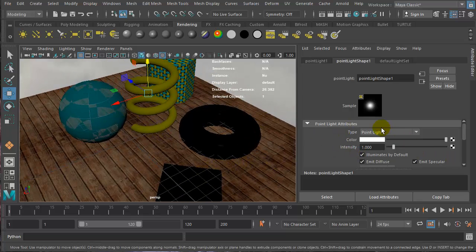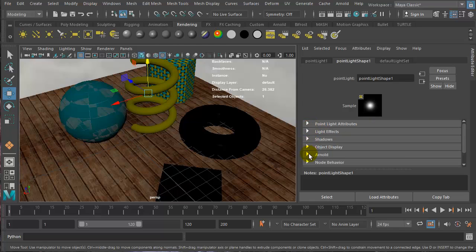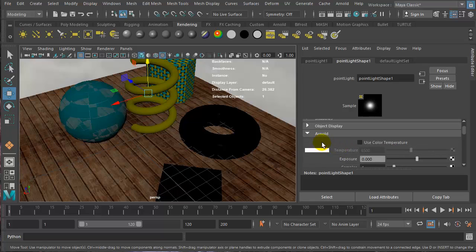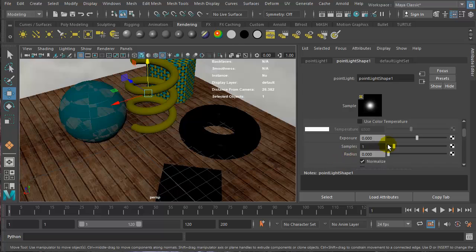So you can see here, instead of intensity, for the Arnold renderer, we make sure to click on this Arnold tab. And this is very important for Arnold because it's a physics-based renderer and it makes everything a little bit more detailed. So we have this exposure as well. The exposure is really the one that makes the difference. So if I put this up to, say, 5, this is going to have a significant effect on the scene. So if I press render,